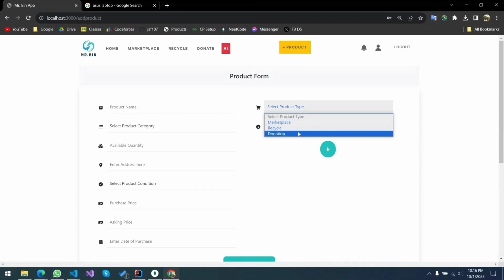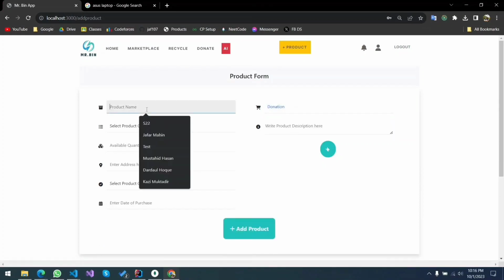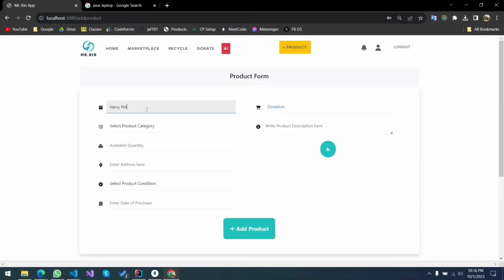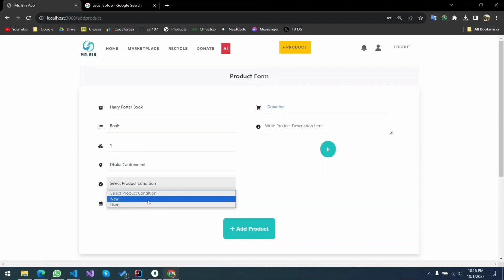Similarly, let's add something for donation. For example, I'm going to donate my house for a different purpose.